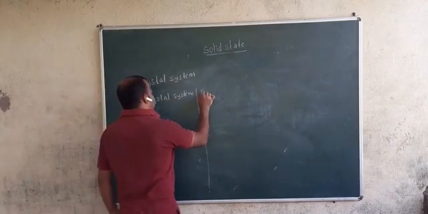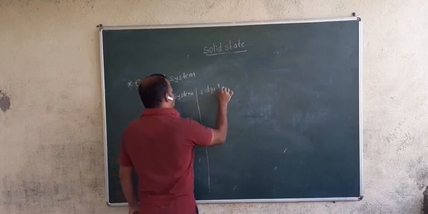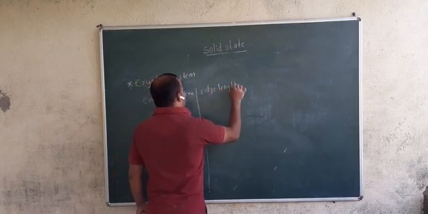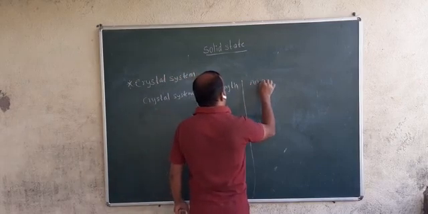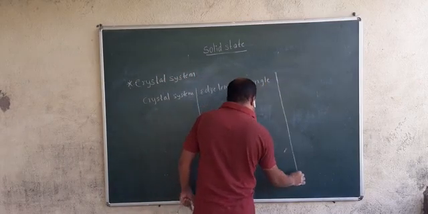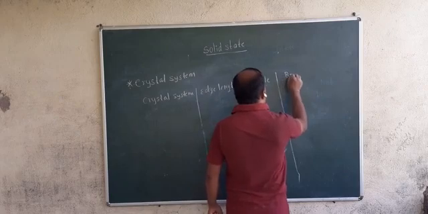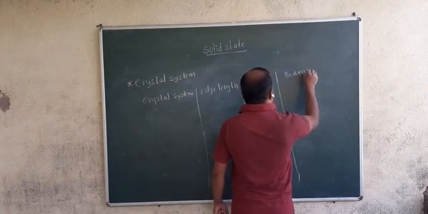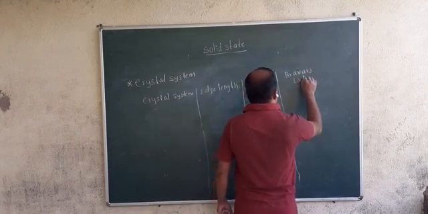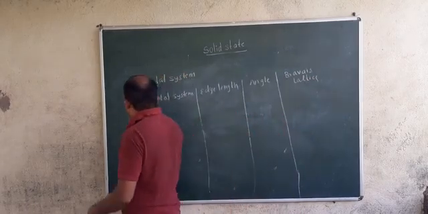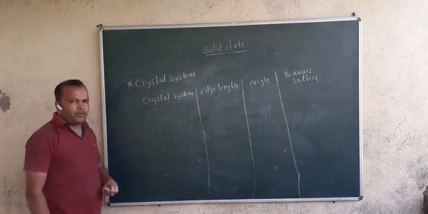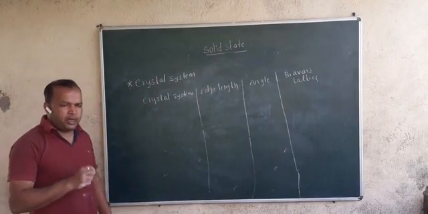Second, edge length. Third one, angle. And the last one is Bravais lattice. There are 7 main types of crystal system, and I have made a simple short